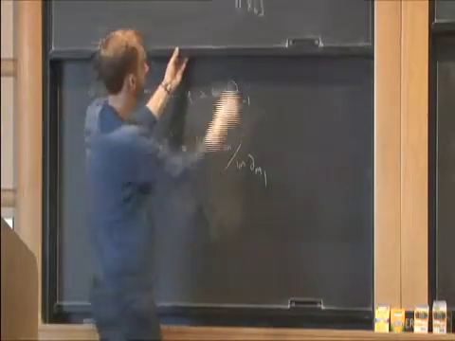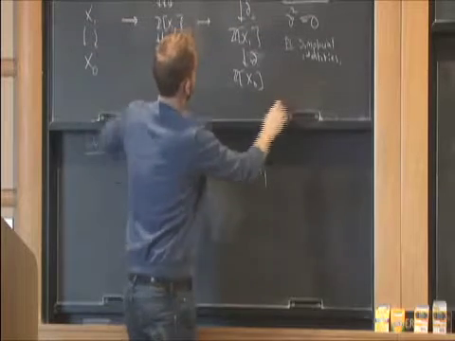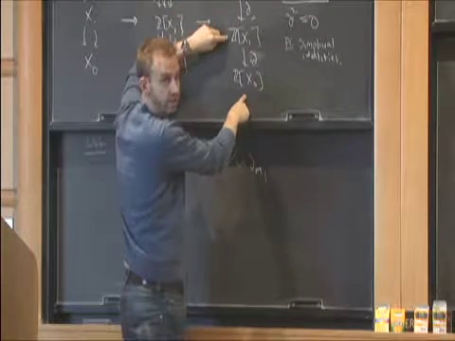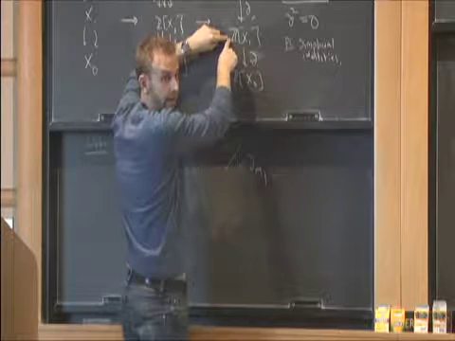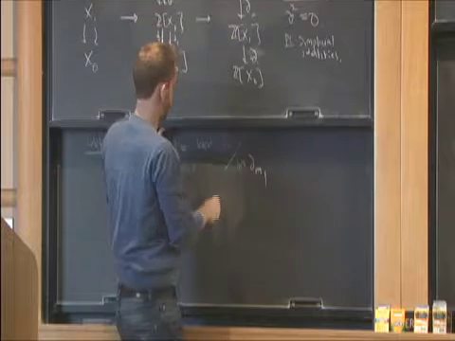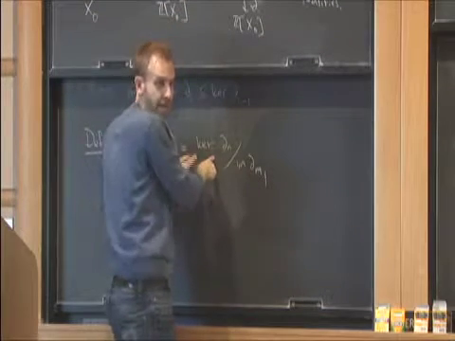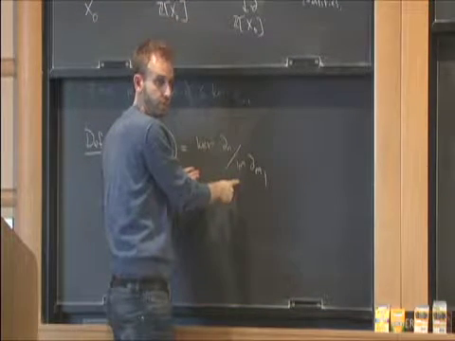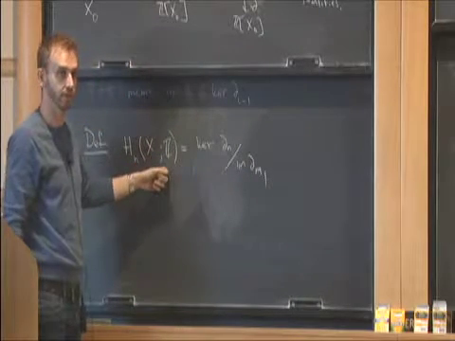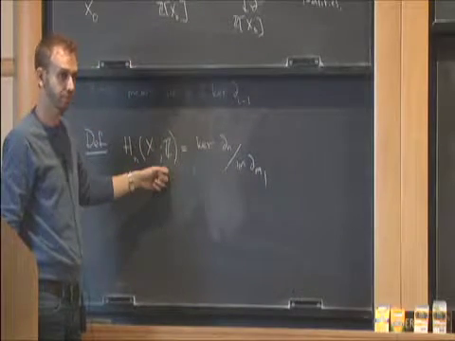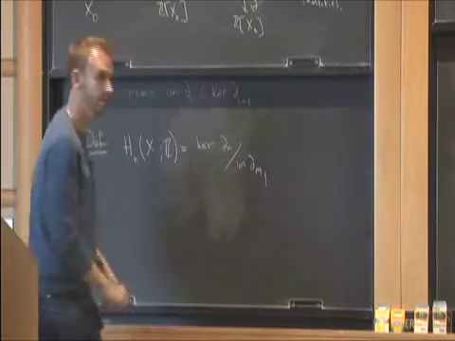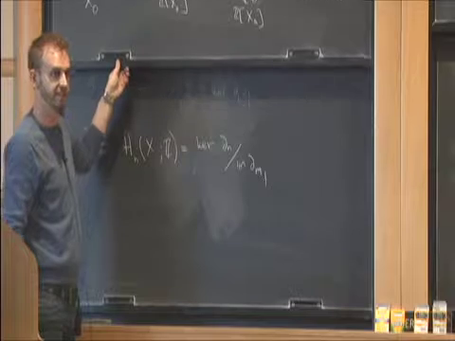So if I stare at anything right here, this composite is 0, which means that the image of d_2 is in the kernel of this map. So that means that since the image is inside, and they're abelian groups, I can just form this quotient group right here. And that's by definition the nth homology of my space X. Okay? So is this okay?